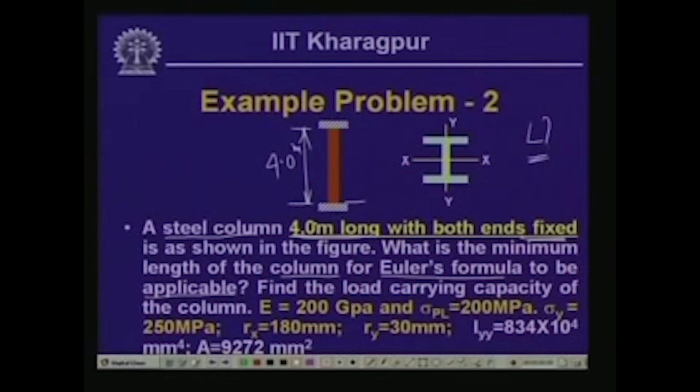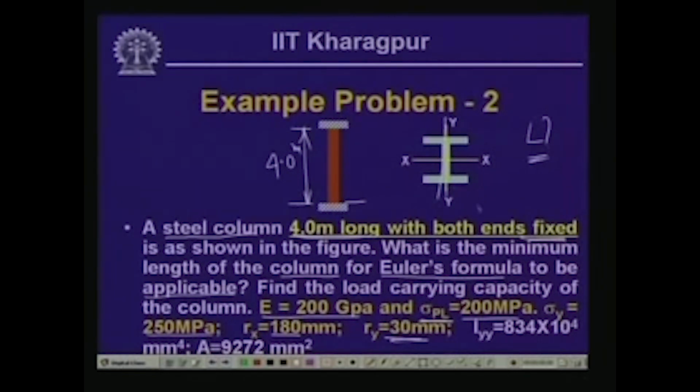we will have to find out the length for which we can apply the Euler's critical load formula for such a situation. The member properties given are: E of this is 200 GPa, the gigapascal. The stress at the proportionality limit is equal to 200 megapascal. The yield stress of the material is 250 megapascal, and the values of the radius of gyration about x and y axis, r x is 180 and r y is 30 millimeter,